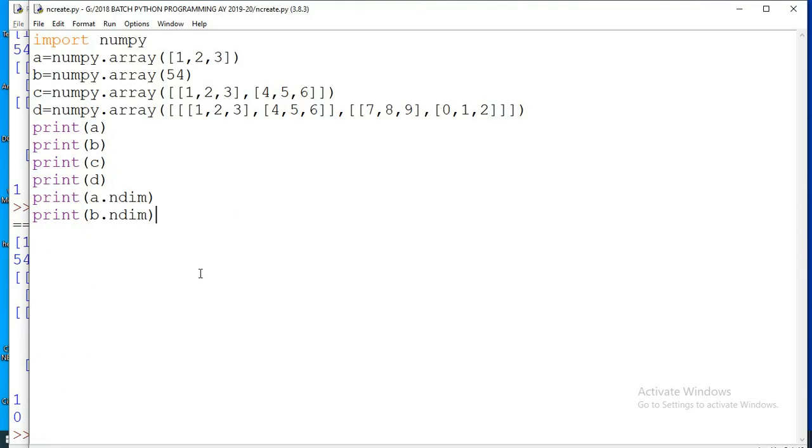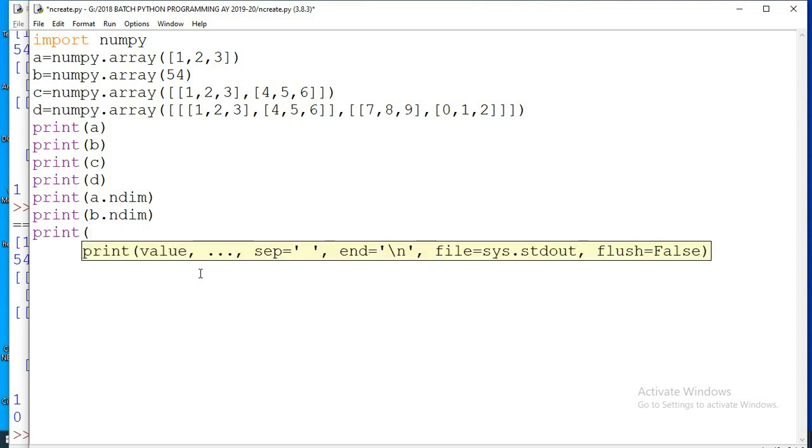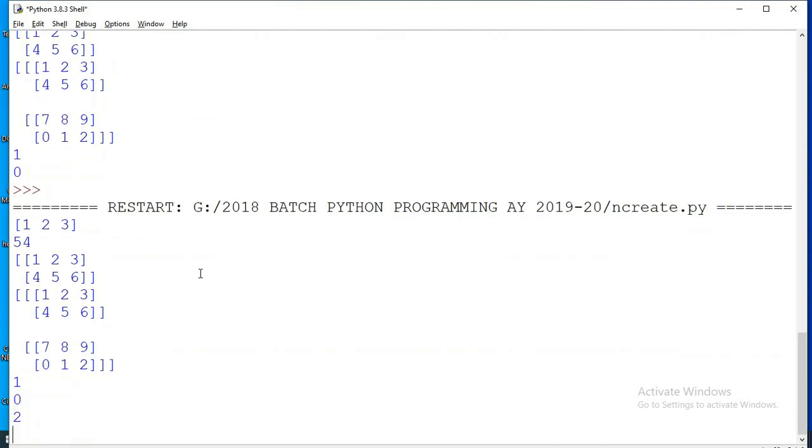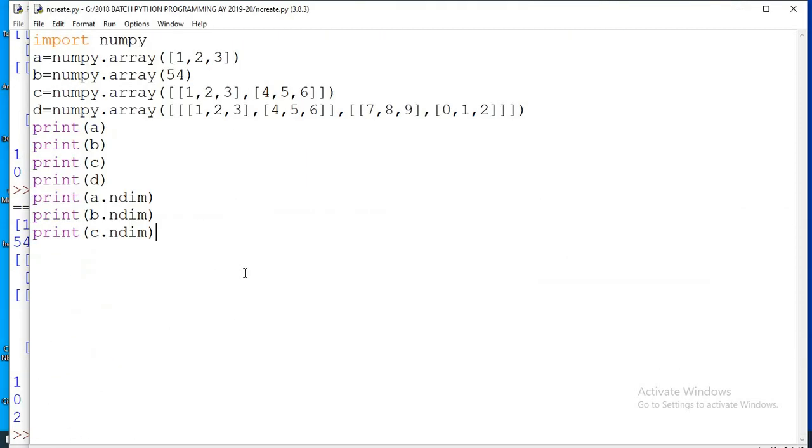Okay. Now c.ndim. You can observe here, the third one, it is 2. So that means C is a 2-dimensional array. And we also check for the last one, print d.ndim.